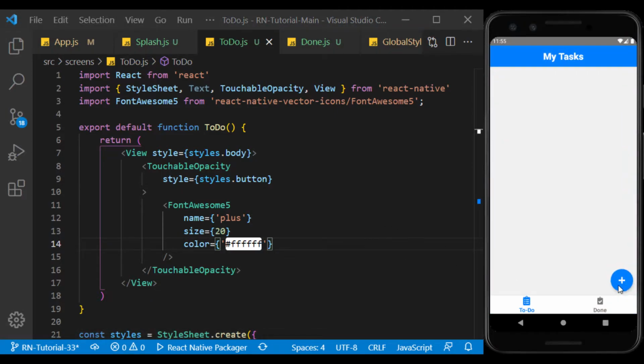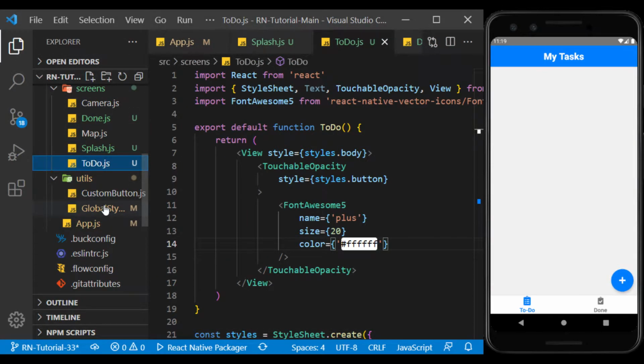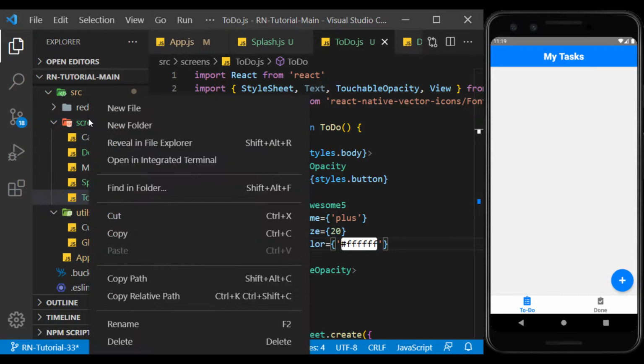Well, we created the button. Now we create a page to display and edit the details of the task.